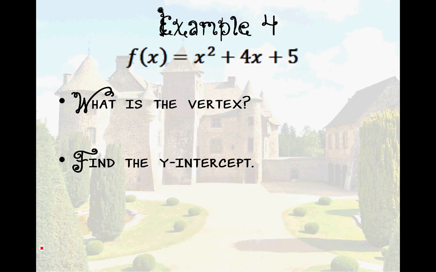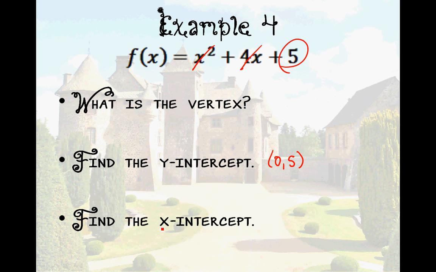Okay, so for the y-intercept, we're going to plug in a 0 here, so that becomes 0, that becomes 0. 5 is our y-intercept. So you can just write 0 comma 5. And then once again for the x-intercept, you'd have to actually factor this, but it's not going to factor very nicely. And so we'll just leave that one alone for now until we get to that part in the worksheet,